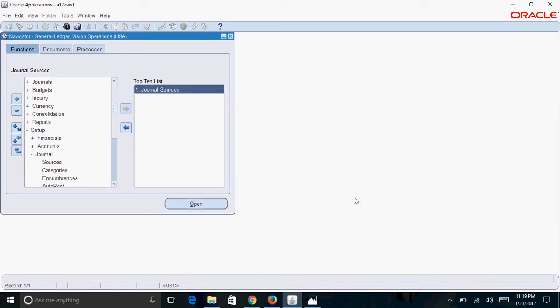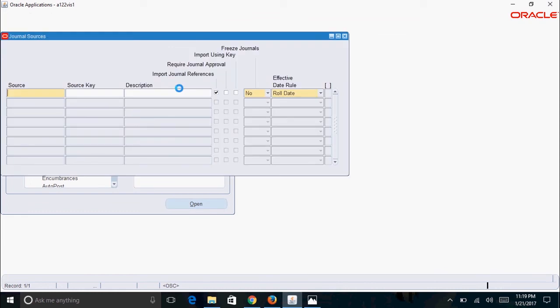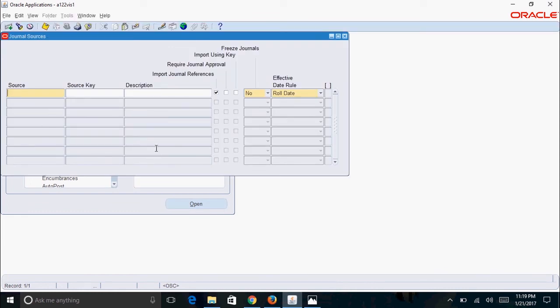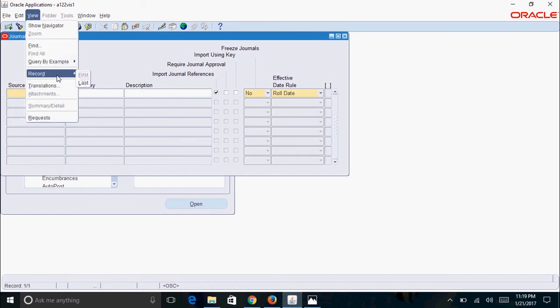And my last shortcut is about retrieving of the records. So take an example, you go to say journal sources, and now you want to retrieve the total number of journal sources available in the system. One way is you can do F11, Control F11, and then go to Edit, View, Record and Last Record.